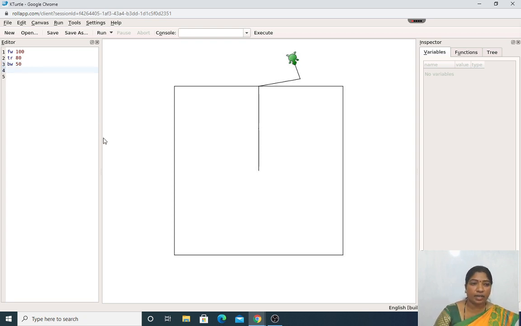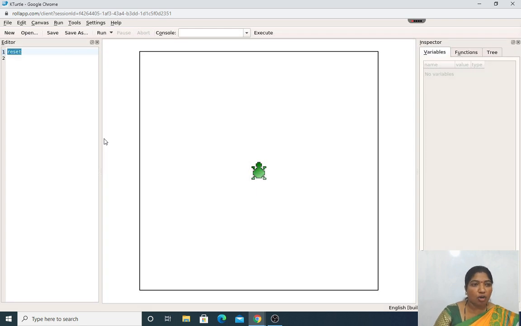So what will I do? Let us see one by one how we make use of the clear command. First one, I will reset it. It will come back to its original position. Are you getting confused between the reset and the clear command? Reset is nothing but it comes back to its original position when we start the editor of KTurtle. Whereas clear command is nothing but wherever the turtle is present in your canvas, it comes back to its original position without erasing the pen or the line drawn by the user. Okay, don't get confused between the clear command and the reset command.